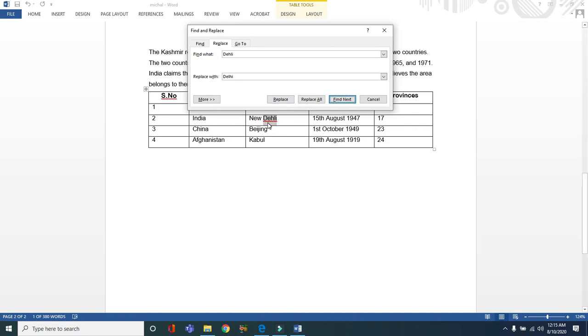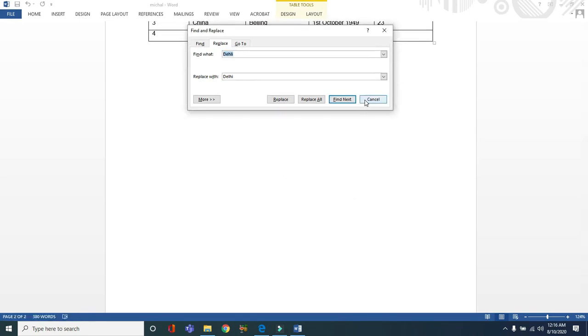Replacement is done. You can see Delhi is here. Fine, next we are finishing searching the document, so we have to cancel it after clicking on the OK button.